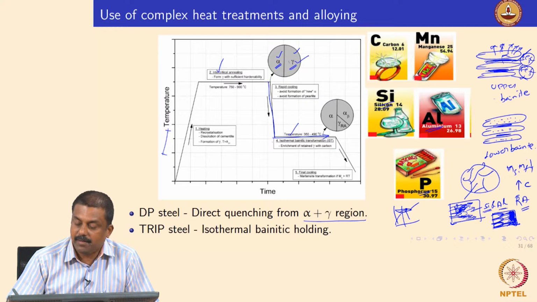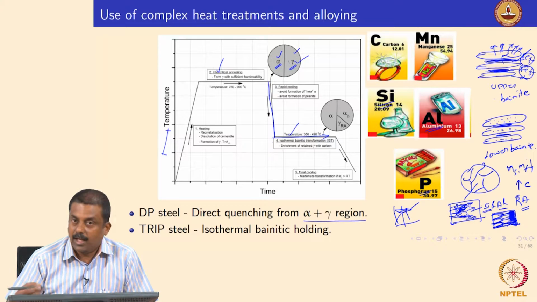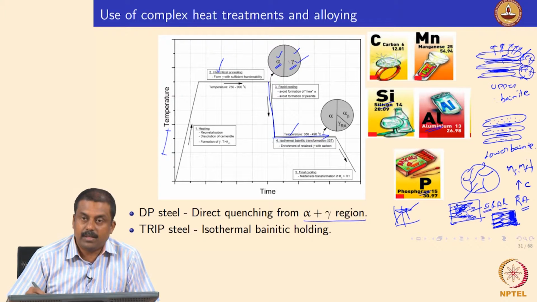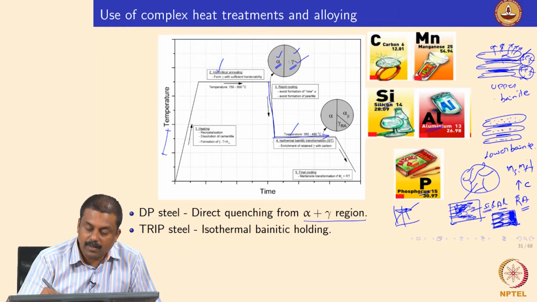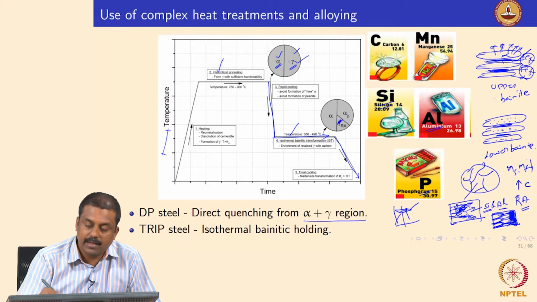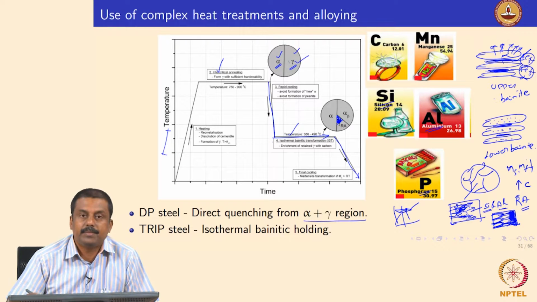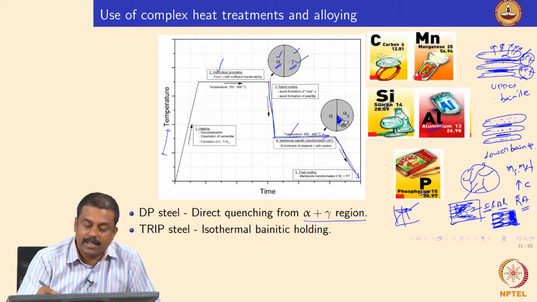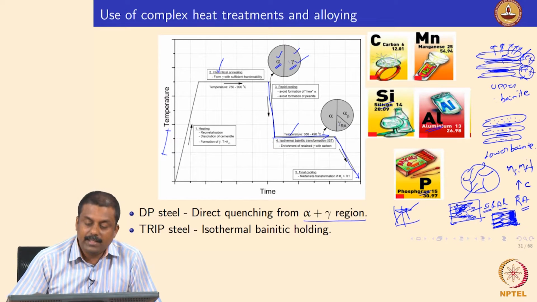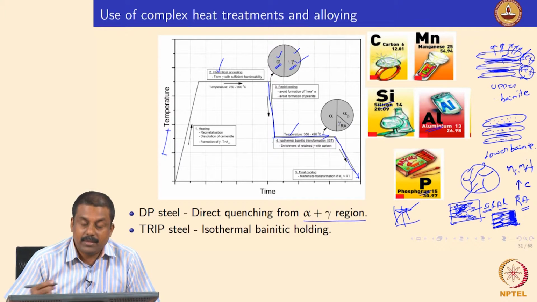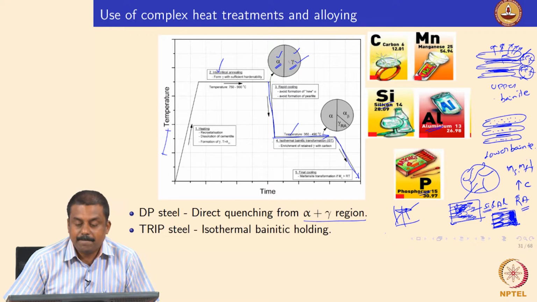And upon sufficient enrichment of carbon in austenite, you all know that the MS temperature and MF temperature would decrease significantly. Then what will happen? When you further cool from isothermal holding to room temperature, you would end up stabilizing a significant amount of retained austenite at room temperature. And this retained austenite is extremely critical for the mechanical properties. That is what we saw in a previous slide, and this retained austenite is transforming to martensite upon loading by causing this stress induced transformation, and that leads to an increase in plasticity.